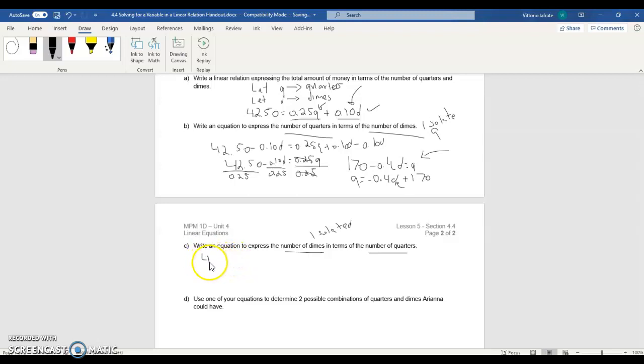So we'll do 42.50 minus 0.25Q is equal to 0.25Q minus 0.25Q. So again, the reason I did minus 0.25Q is to get rid of that 0.25Q on the side where my D is, because I want to isolate for D. And so the end result there is the 0.25Q is gone from the right side, and so I have